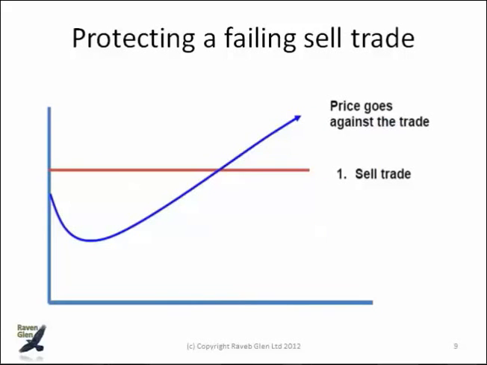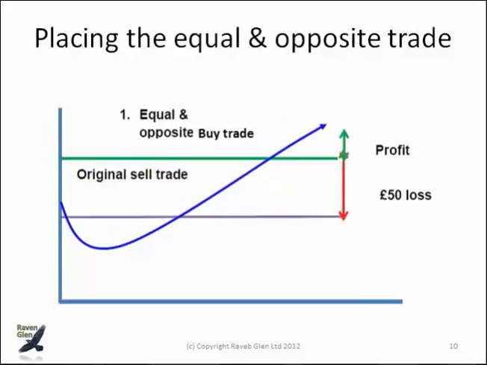If we'd started with an original sell trade and the price has gone against us, so the price has originally perhaps been in our favour a little and has increased, putting our sell trade into loss, then we're going to take a very similar action, as you'll see from the next slide. So once more, the trade has gone against us. There's a loss which in this example is £50 before we put an equal and opposite trade on,